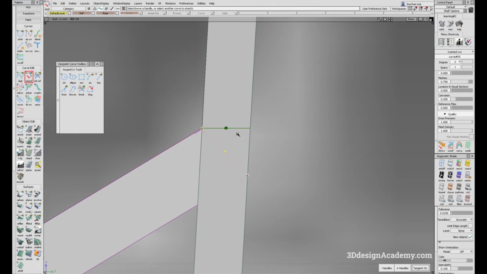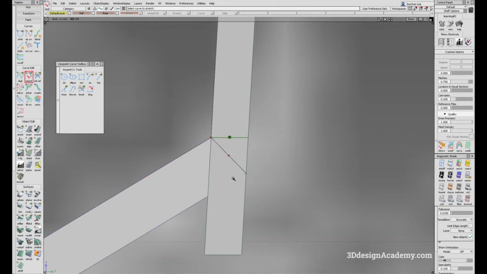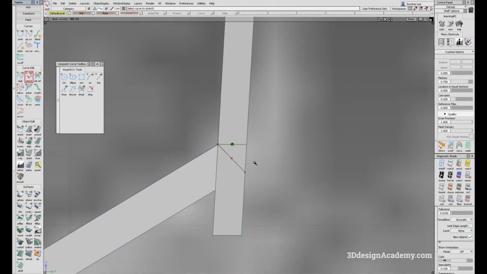So what I like to do, in order to keep the history, is I just extend it without having the merge on, or turning the merge off and realigning it, so that whatever movement is applied here, it also applies here, without having to destroy the construction history. Okay, so I'm just going to